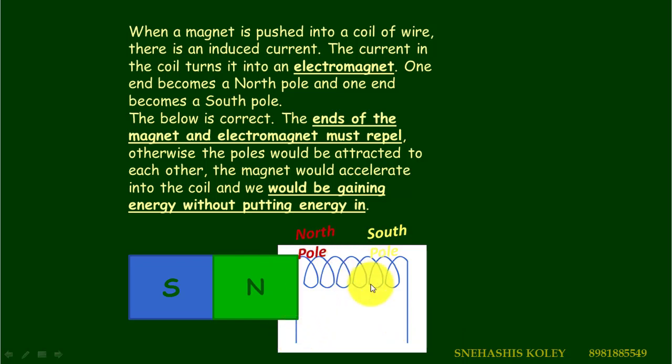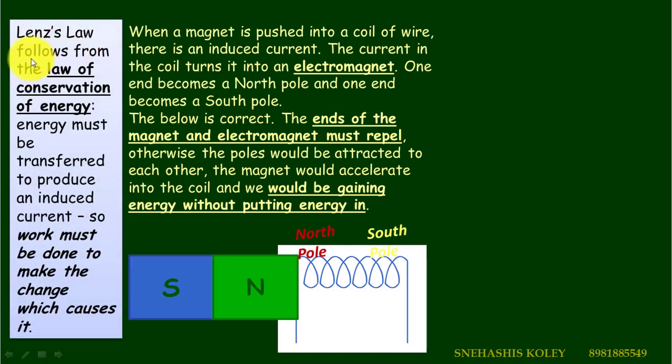When current flows through a solenoid, one end becomes a north pole and one end becomes a south pole. Now the question comes: which end becomes the north pole and which end becomes the south pole due to the induced current? Lenz's law follows from the law of conservation of energy,